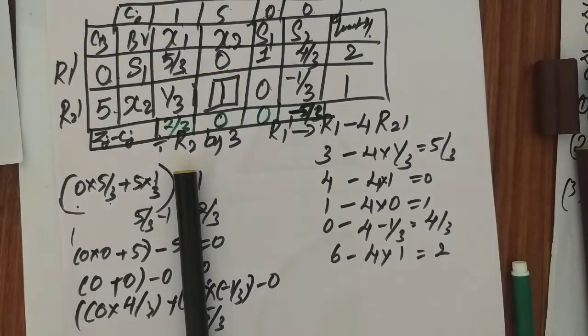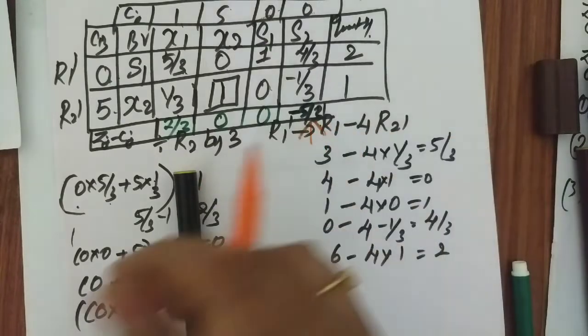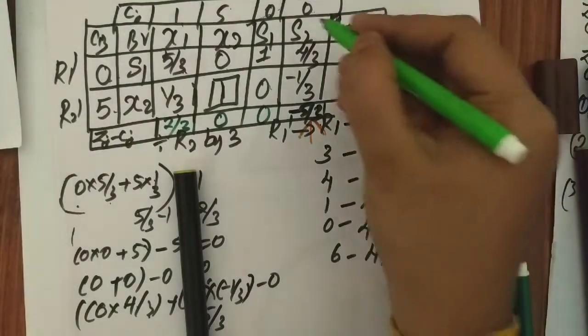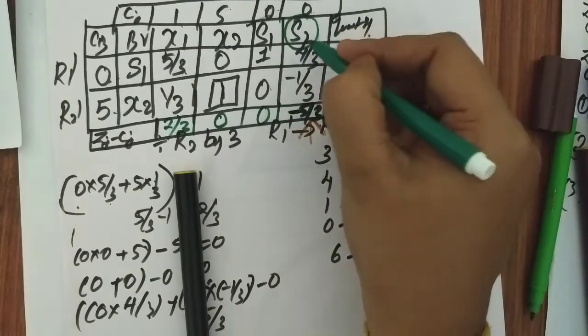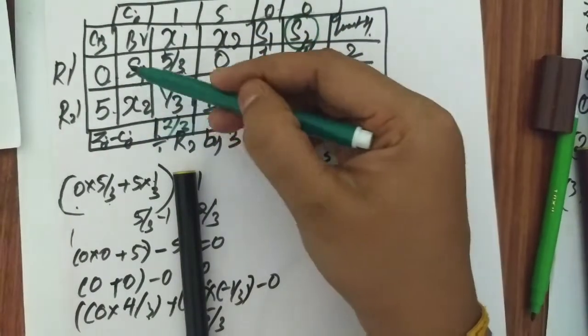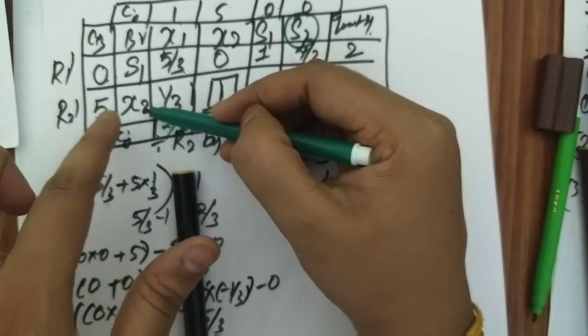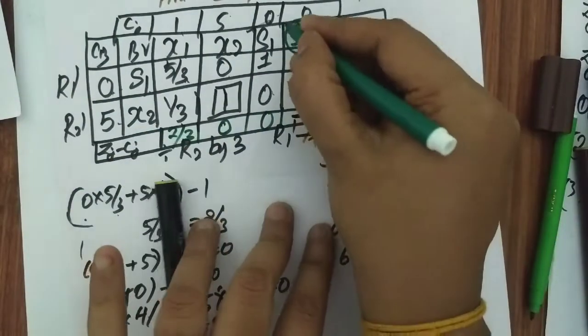So repeat the same process what we did. Once a variable is entering, one more variable has to leave the table. So you have to check which variable is going to leave the table. So this is going to enter since it is numerically large, so S2 is going to enter the position. If S2 is going to occupy the basic variable, any one variable has to leave. Since this has entered already, the possibility of this leaving is very rare. Chances are of S1. So we will check.